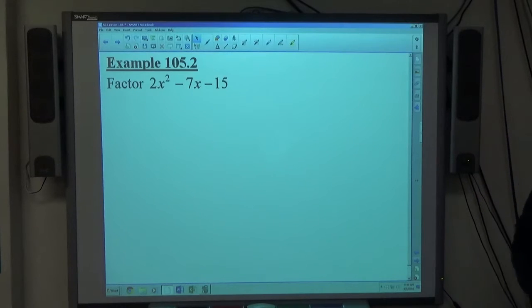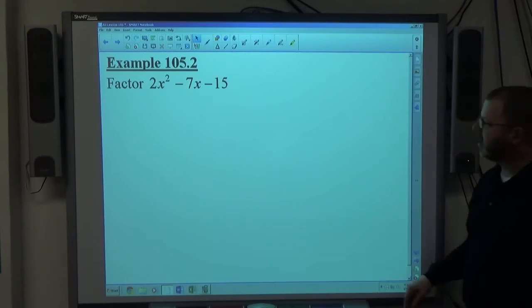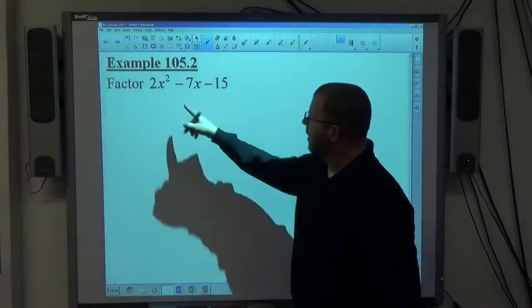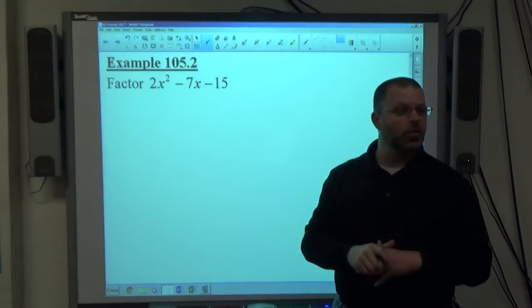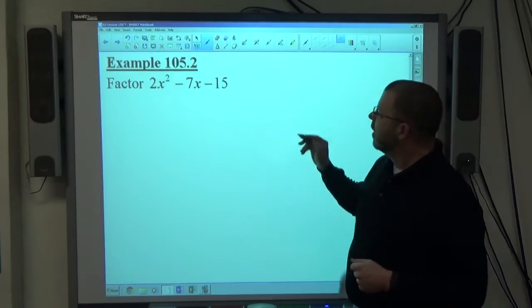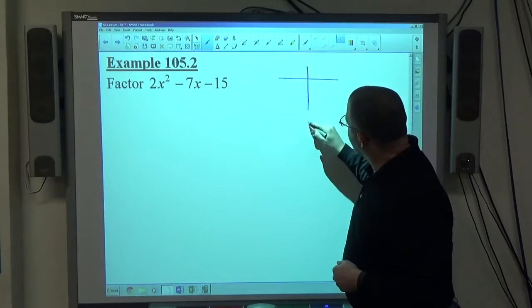Example 2, factor 2x squared minus 7x minus 15. So once again, I see a lead coefficient that is not 1. And again, that's going to be your key to know that it's a new type of problem. It's not the old ones. So I'm going to do factors of